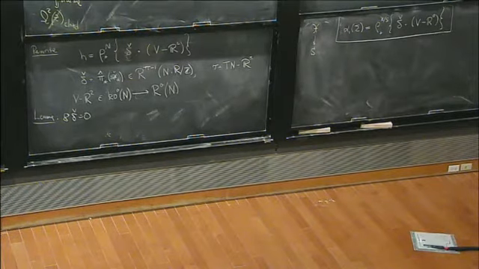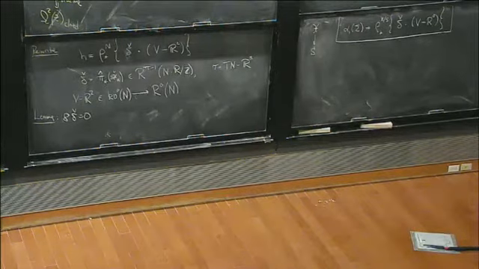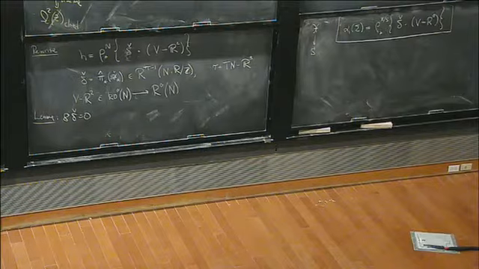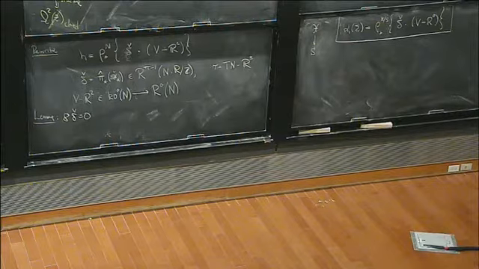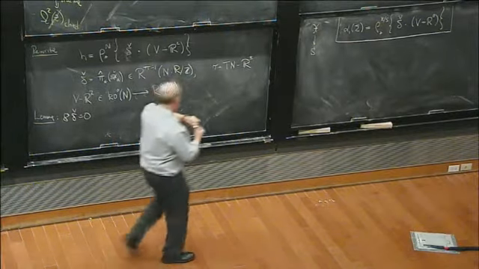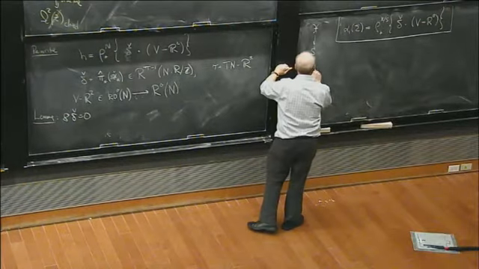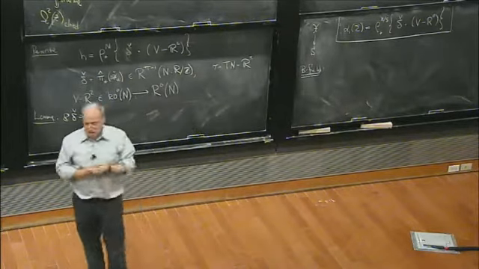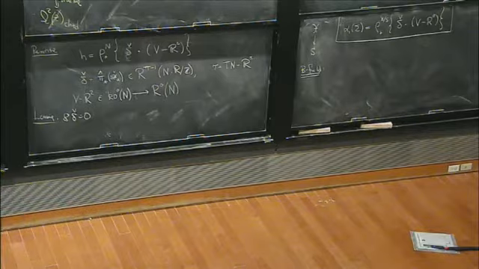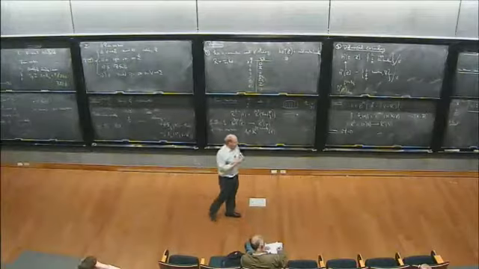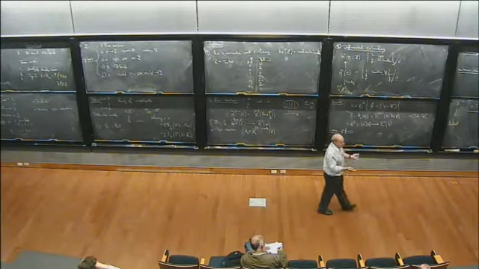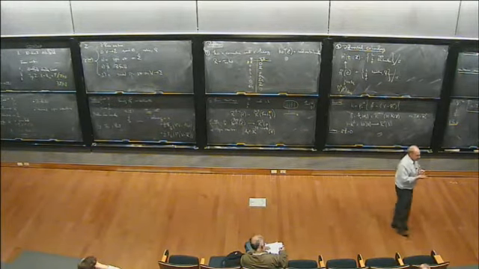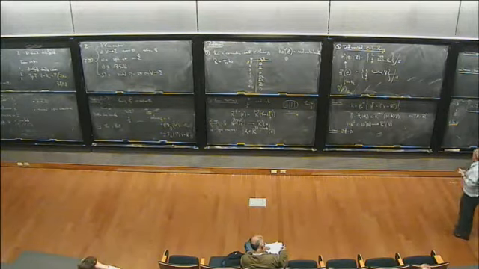And if that's all we knew about the string, and we didn't take into account these things, then we would be stuck. But in fact, what's going to happen, as I told you at the beginning, is that there's also an anomaly from this B field. And so let me now say a word about this B field. So the B field is an abelian gauge field. It's much like the Maxwell field in electromagnetism. The Maxwell field, in classical electromagnetism, is locally given by a two-form. One of Maxwell's equations says that that two-form is closed. And similarly here, locally,